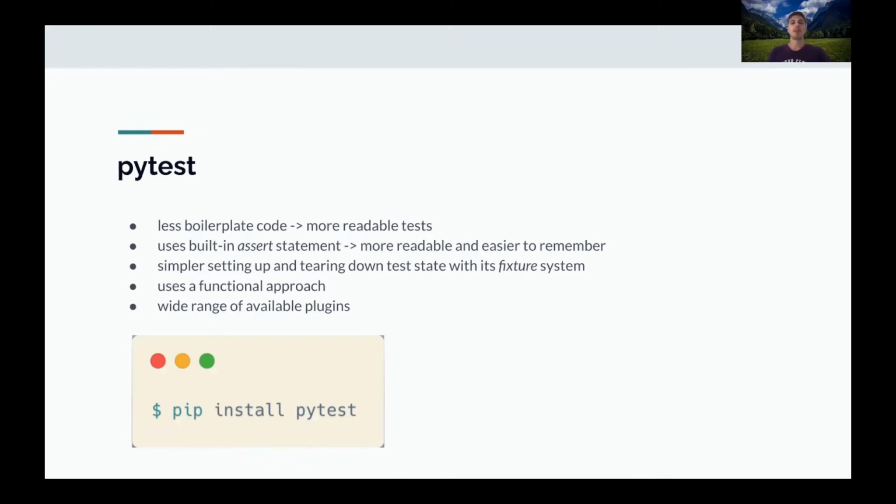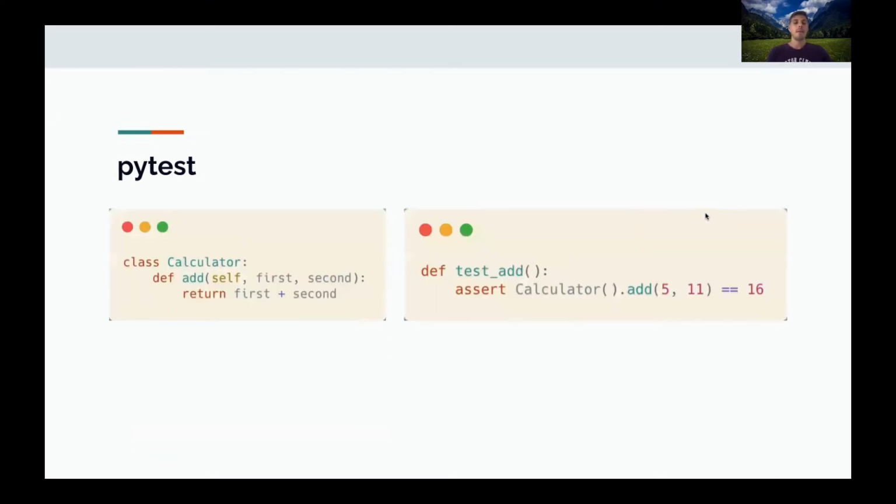It uses a functional approach, and it also has a wide range of available plugins, which can make your life even easier when dealing with automated testing. So as you can see, the test for the same add method on calculator is even simpler. You just need a simple function that uses the built-in assert statement and asserts that the output of calculator add equals the expected value. So that's it for a test